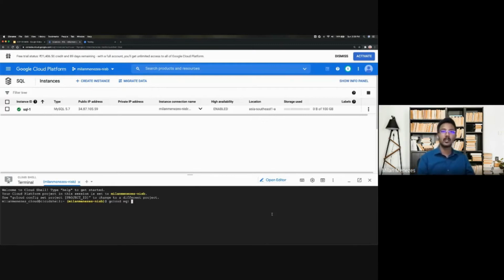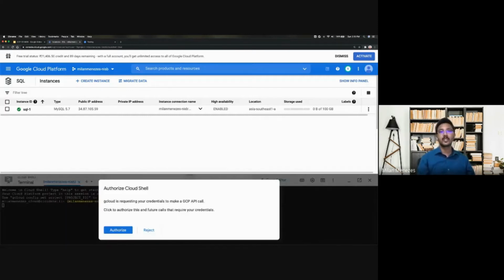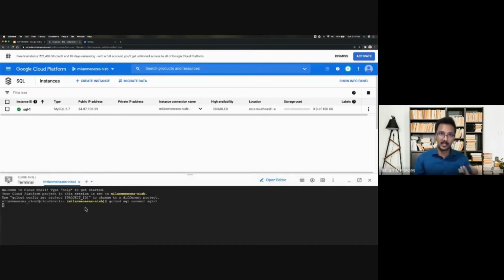To interact with your SQL without having to do it the normal way, which is installing MySQL and then using your public IP address as your host and authenticating and going in, gcloud gives me an easier way of doing things. I can just use gcloud sql connect and the instance name, SQL-1. I'll have to authorize this Cloud Shell to interact with my GCP services, and